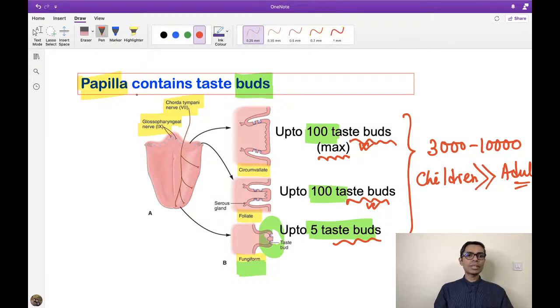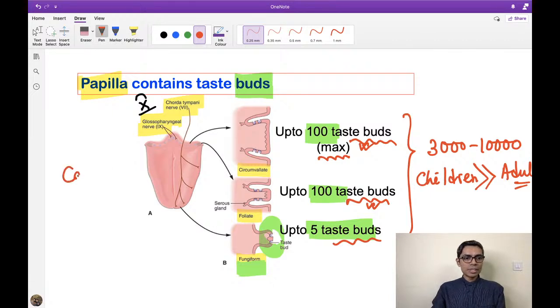Apart from that, you also know that some taste buds are located at the level of the pharynx, and the nerve fiber dedicated to pharyngeal taste sensation is the vagus nerve, the 10th cranial nerve, right? But apart from all of this, one important piece of information for MCQ: the trigeminal nerve, the 5th cranial nerve, also has a sensory component which supplies the surface of the tongue. And whenever you take some spicy food, like chili,